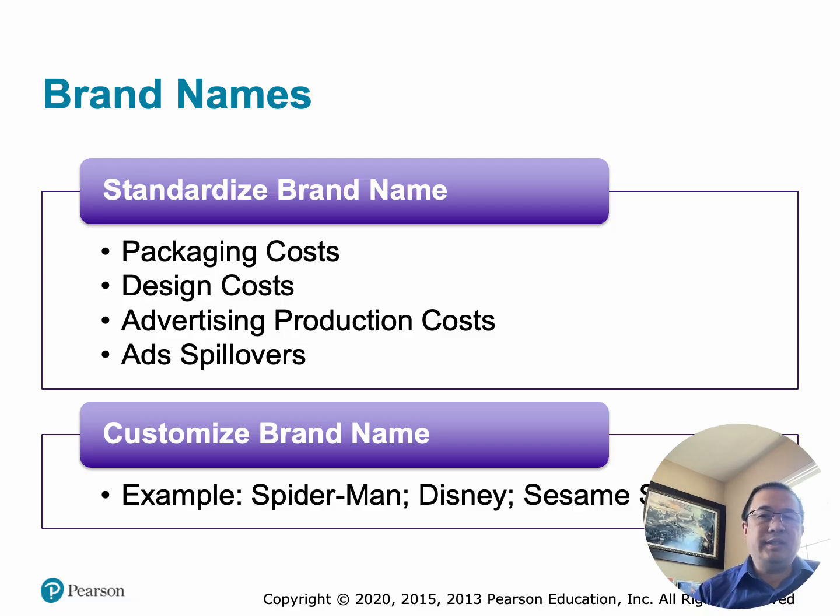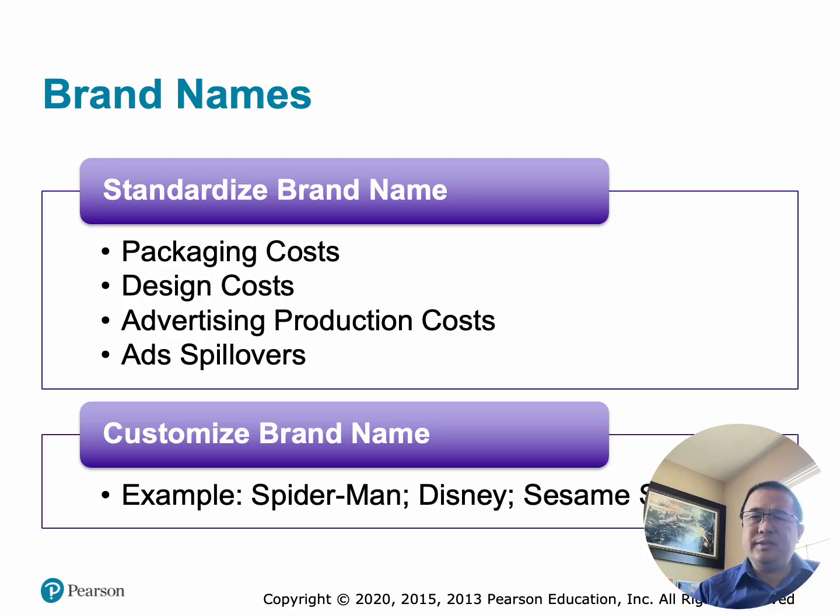So this discusses an important international marketing decision. Should a company use the same brand name worldwide or adapt a brand name for different countries? There are advantages and disadvantages to both approaches. Number 1, standardize the brand name. A company uses the same brand name in every country. In this case, an example would be Apple, Nike, and Coca-Cola. These brands are recognized globally.